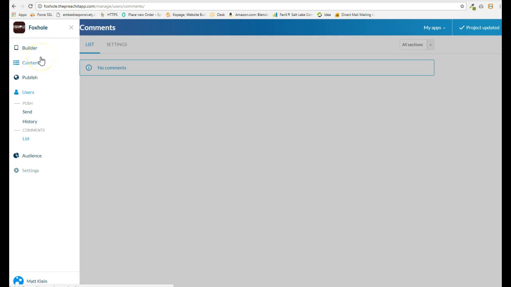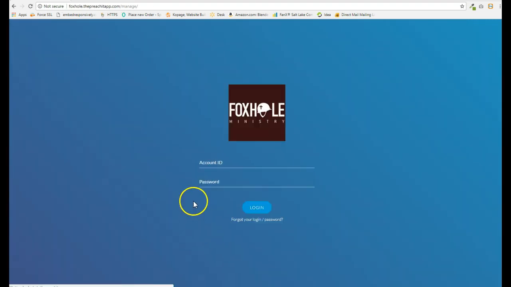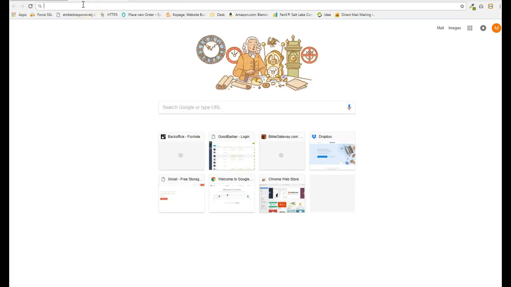And so that in and of itself is just a real quick demonstration as far as logging in and sending out push notifications. When you're done, you can come down here and choose log out, and you're good to go. And just keep in mind, as far as the URL, foxhole.thepreachitapp.com/manage. Now, as far as adding that, we will add that to your website and code that in there correctly,